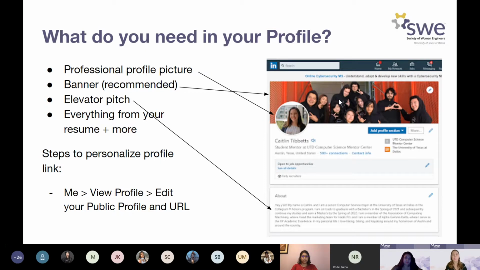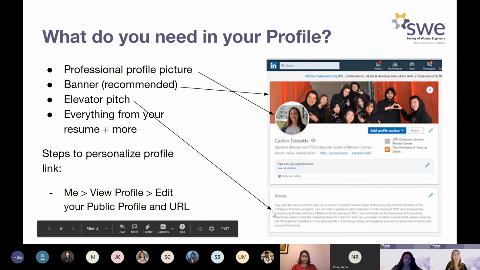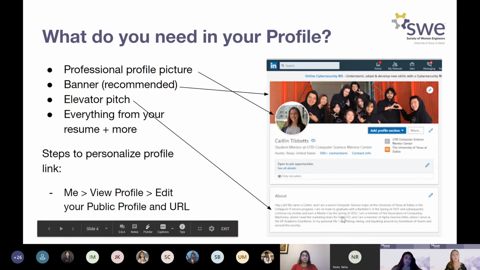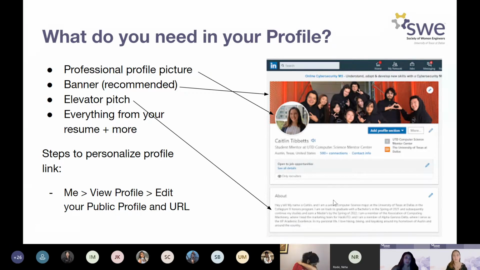So as you can see in mine, I kind of greet the reader and I say, hi, I'm a senior in computer science. Here's all the things I'm interested in. Here's all the things that I do in my free time. And it's fairly long form, and it's only one paragraph. Maida's is longer, but it showcases all the things that are important to me.